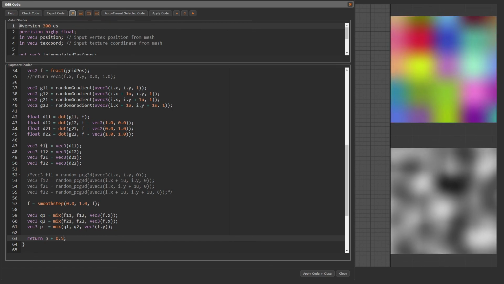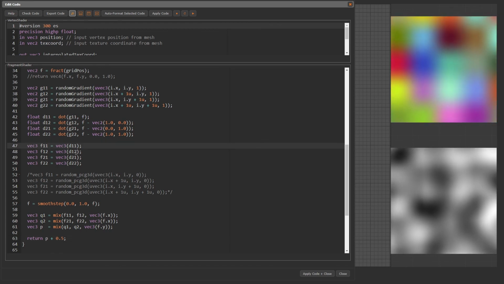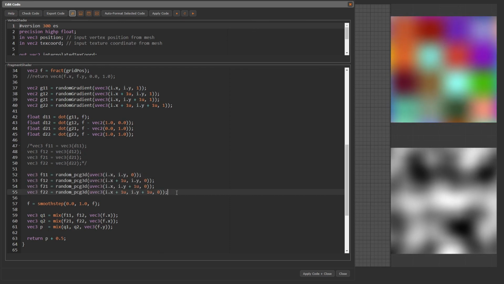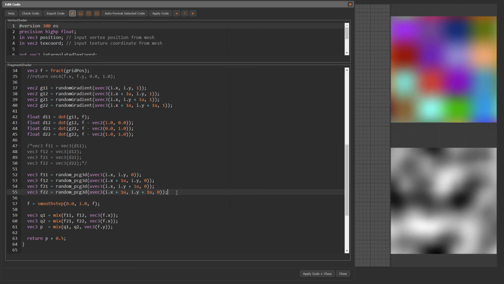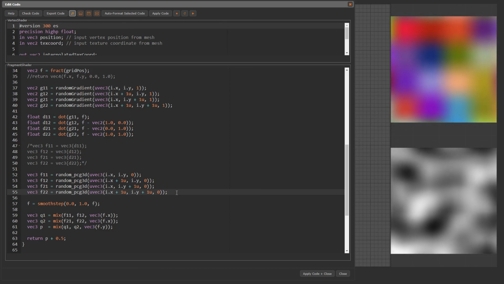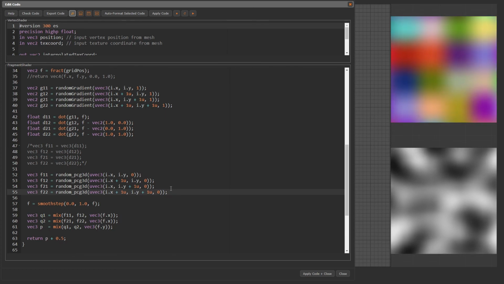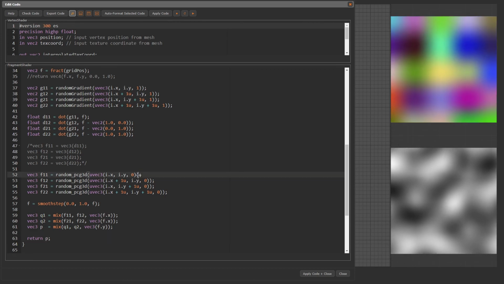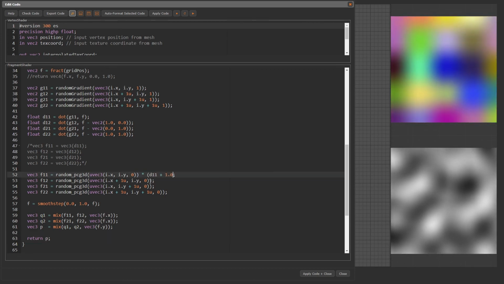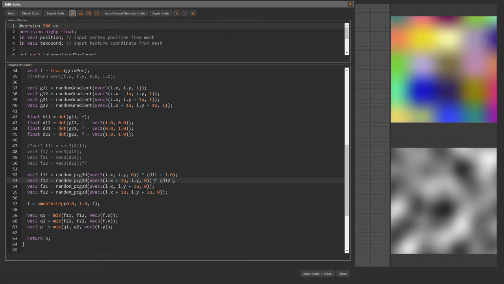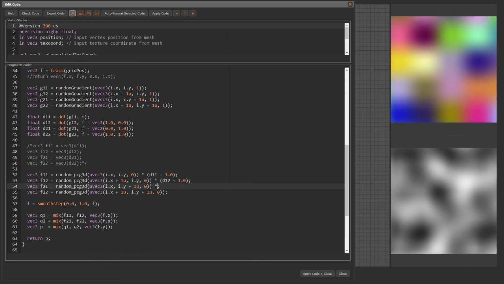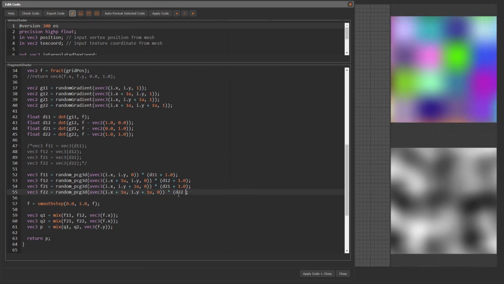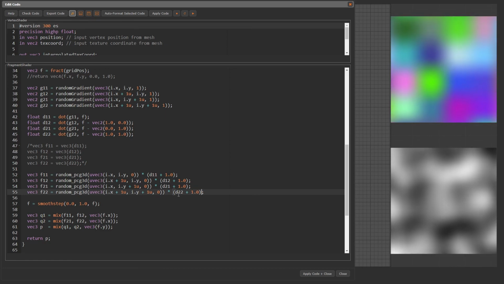To add colors, we can combine value and gradient noise. We comment out these lines and uncomment the code that we have used for the value noise. There are different ways to combine both approaches. Let's simply multiply our random values and the gradient before the interpolation. Remove plus 0.5 here and add times (d11 plus 1), times (d12 plus 1), times (d21 plus 1), times (d22 plus 1). Apply.